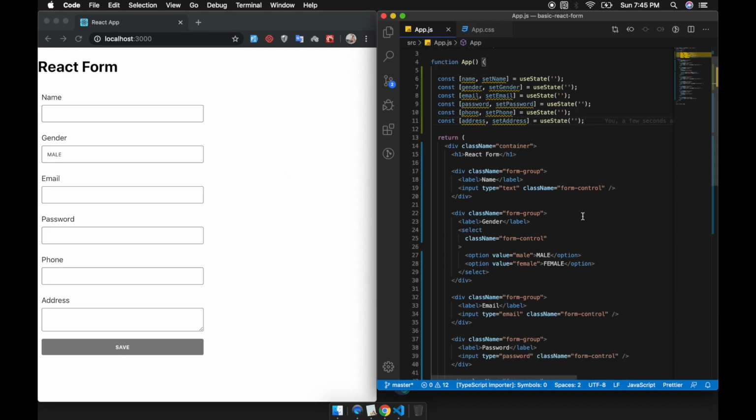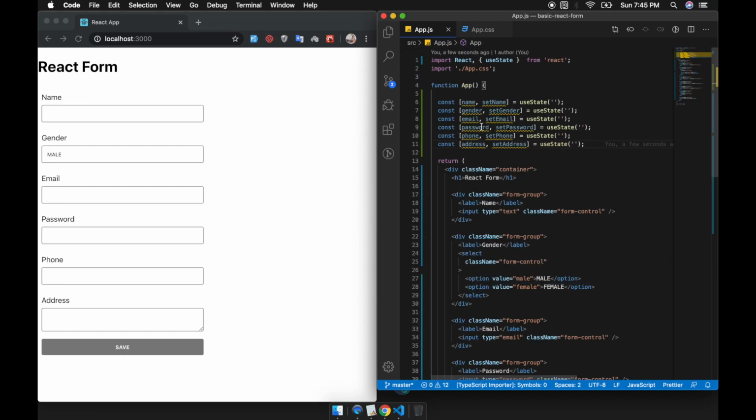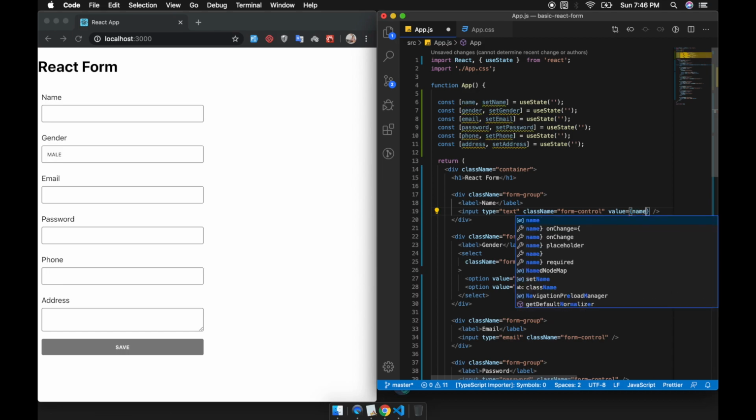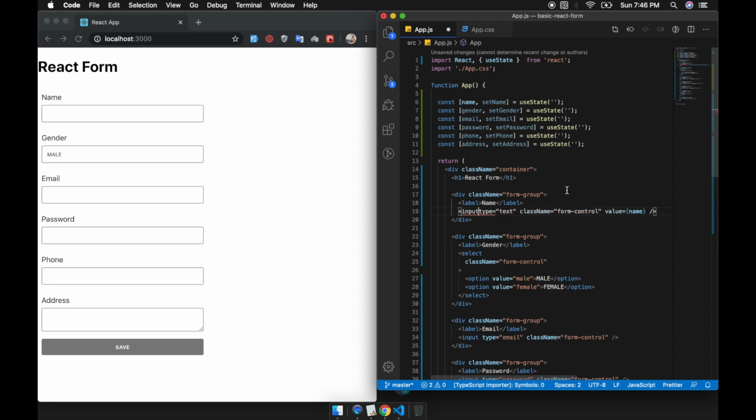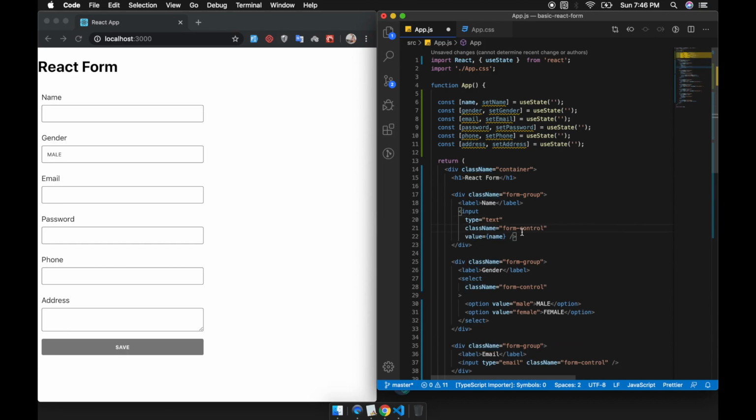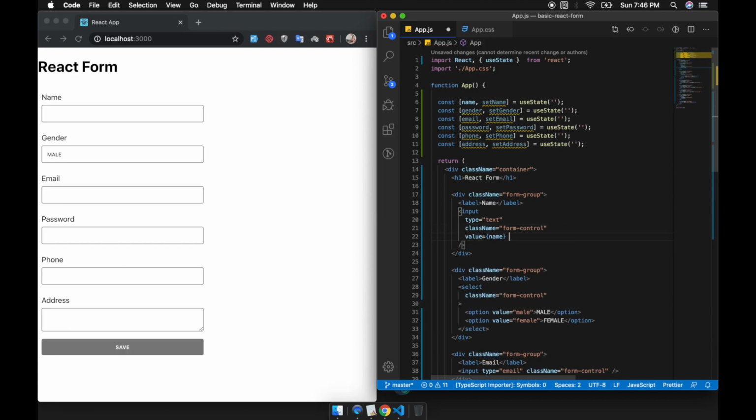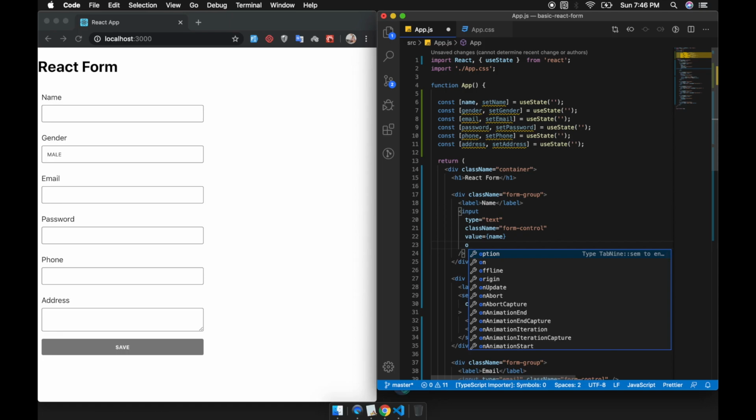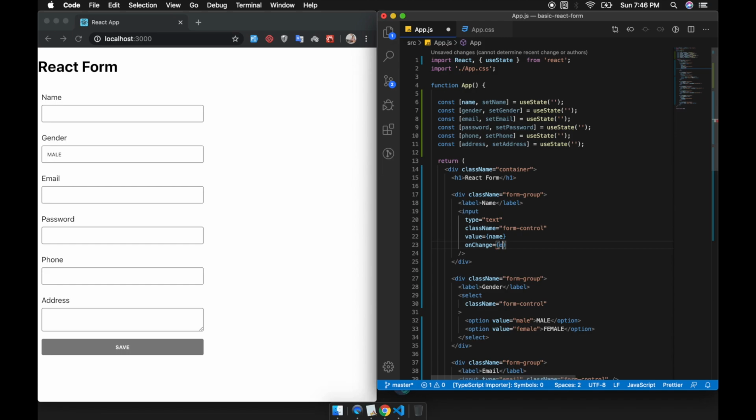And then to bind this input element to our state, we just need to do something like this. Just add one more attribute called value and then pass the state in here. Okay, we will format this code first. Maybe something like this. Okay. And then one more attribute or props, onChange, and then